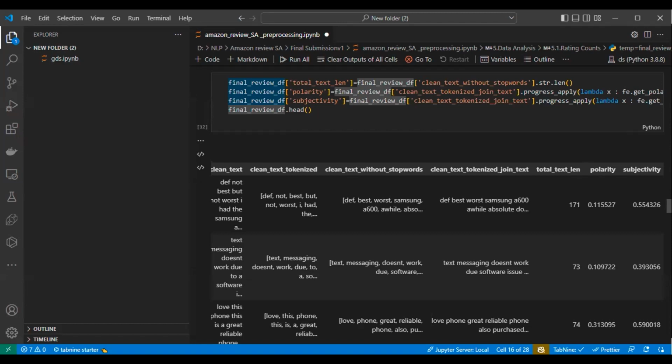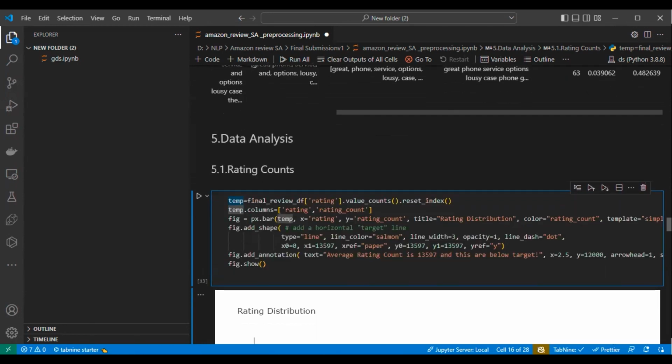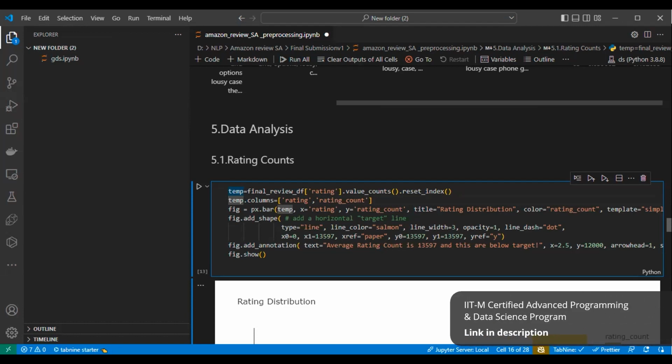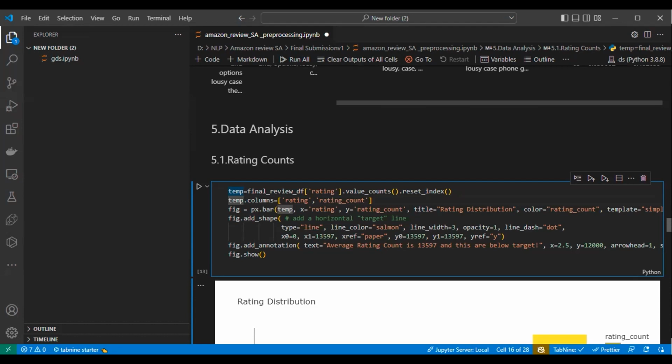We calculate the count of words. Once we have the words, we calculate the polarity and the subjectivity for each and every review. Once we are able to calculate the polarity and subjectivity, we are able to analyze things and apply classification. The classification can be done with naive Bayes, for example. We can do text classification with anything after that, and we can even apply BERT. So this is how the pre-processing and feature extraction techniques are helpful in NLP.